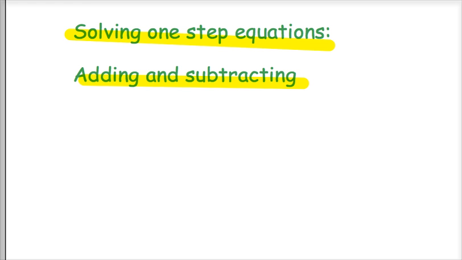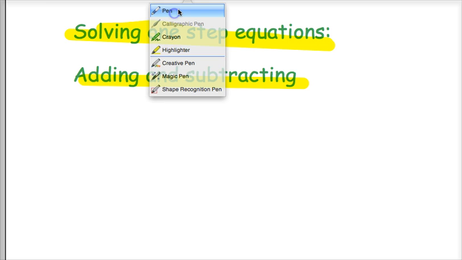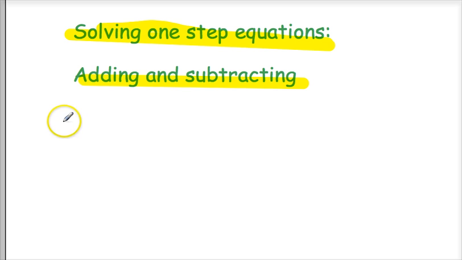You should either be writing down everything that I'm highlighting or writing down whatever I'm writing, if that makes sense. So, for example, I'm going to be writing something down here. I want you to be writing it along with me. If it's typed and I highlight it, go ahead and write that too. So, first thing we need to know when adding and subtracting one-step equations, solving them, is whatever you do to